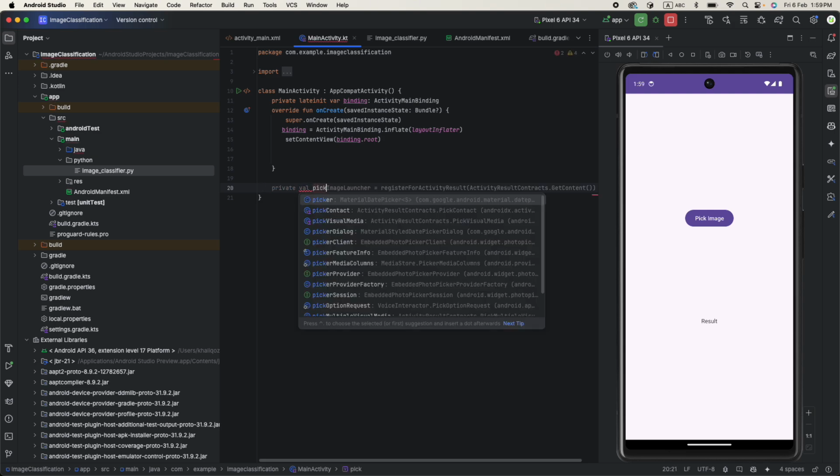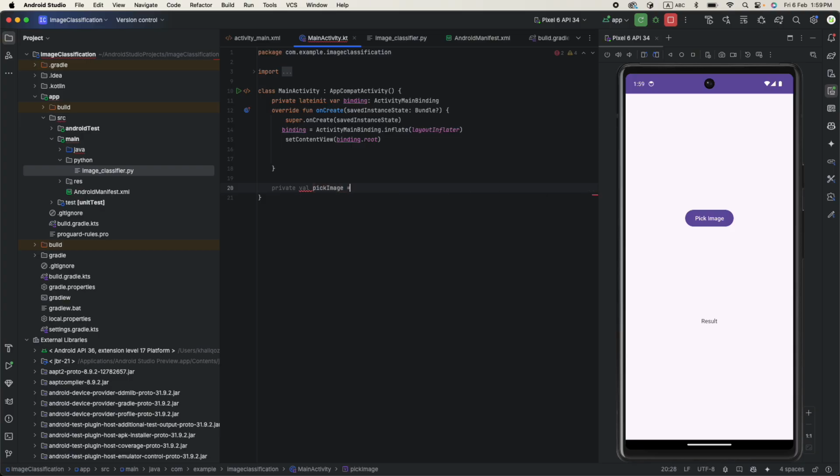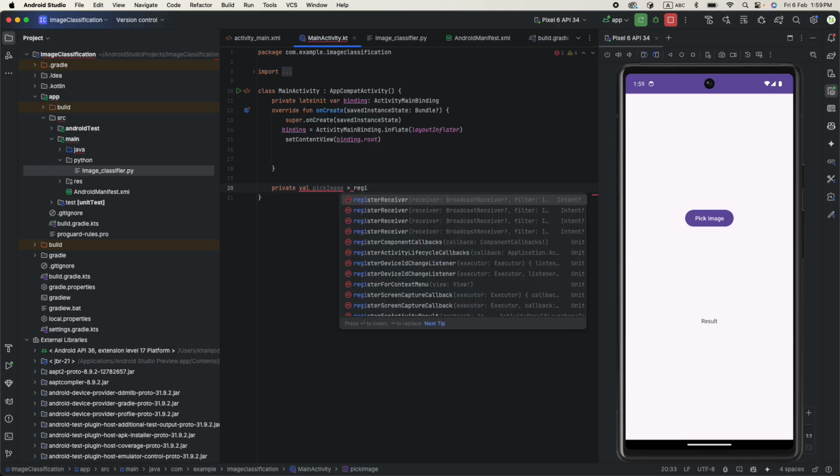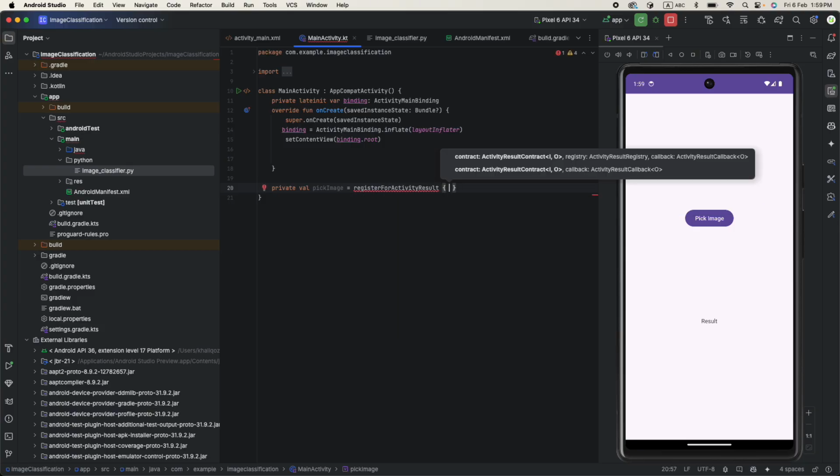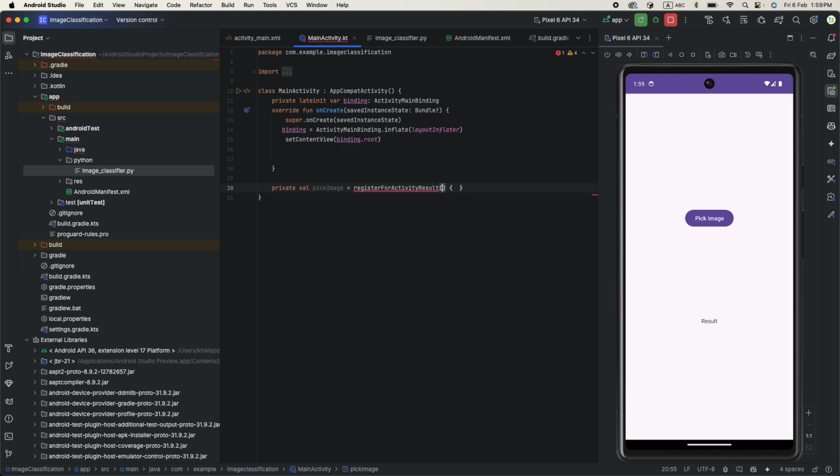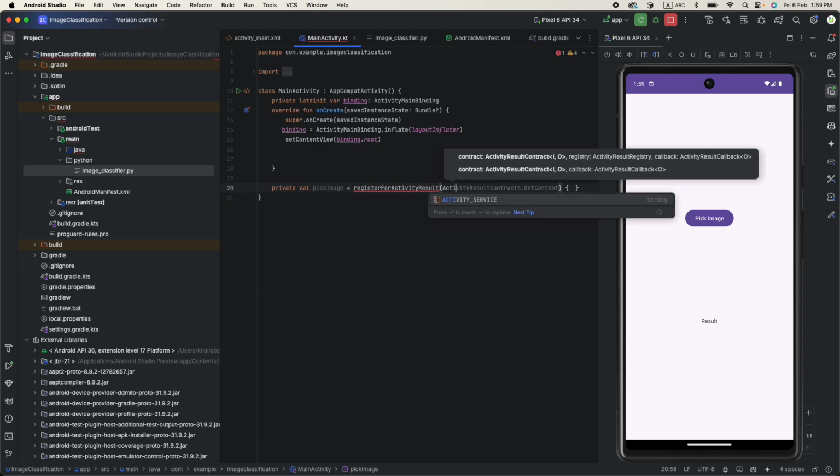This is not a function, this is just a variable, and for this variable we are just defining some actions, so that actions we can call from our buttons. So we say pick image equal to, and this one will be register for activity result, and for this one we need to pass some parameters here, and this one should be